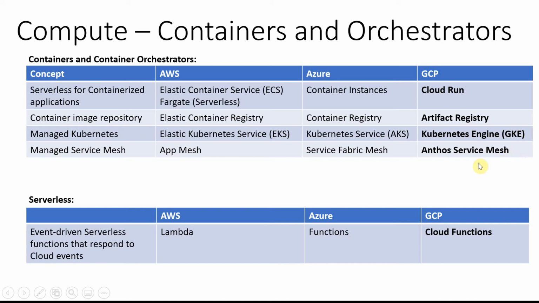This Anthos, you see it in multiple places, but Anthos in GCP is multiple tools put into one bucket, one category. Service mesh is one of them, but there are other products that come under Anthos. I think we'll see them in the following slides. But I just want to say that Anthos is a group of tools put together. So that's about container orchestrators.